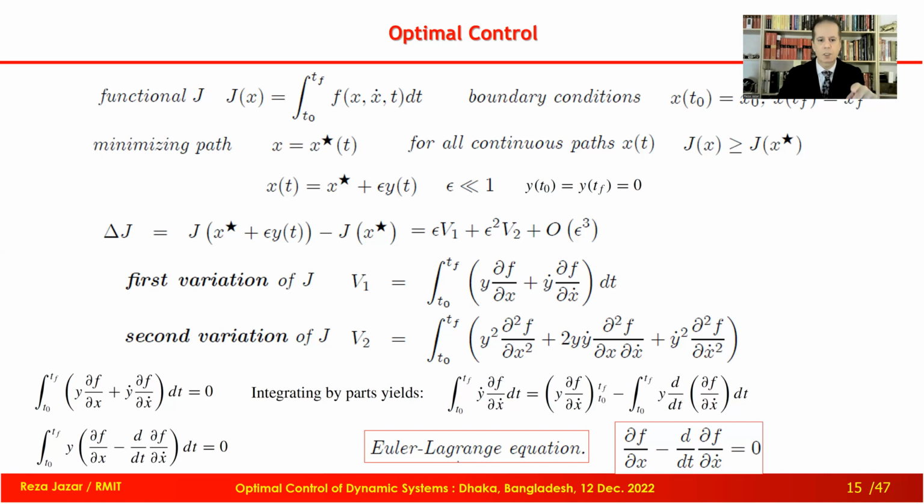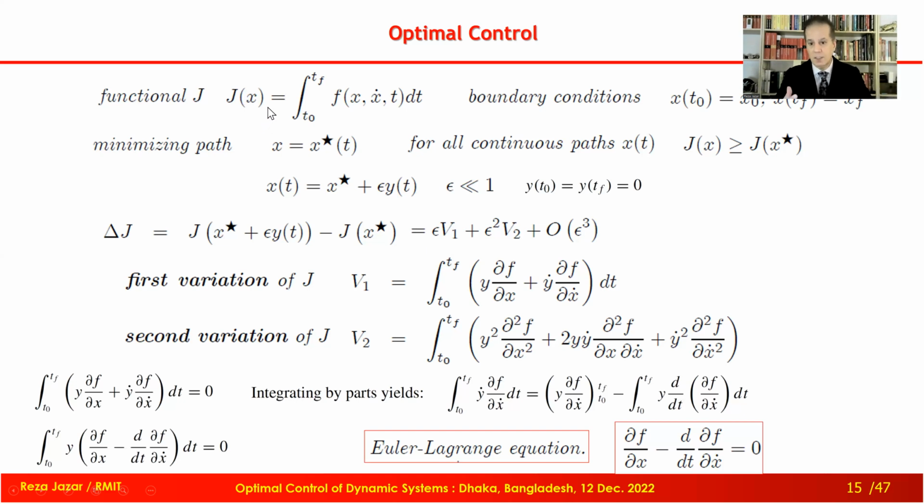It means we have a functional like J, the first line. The first line is J, which is the integral of a function, whatever the function is, like energy, as you can see in the previous slide, or 1 as time, or any other function that we wish to optimize. It is not necessarily related to a physical system. It can be something that you made by yourself and it is still valid. There are some boundary conditions for this problem. It means x, which is the variable, is given at t0, which is the initial time, and tf, which is the final time, and we are supposed to minimize J, the integral.